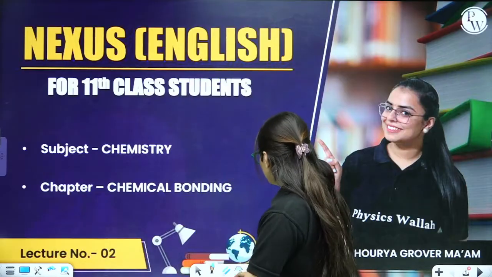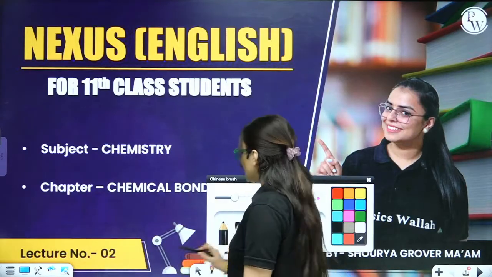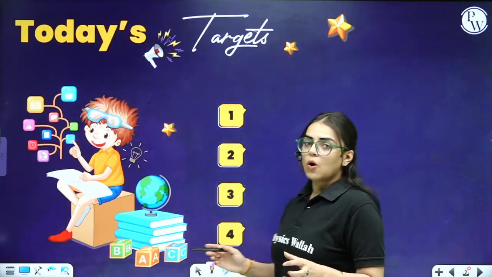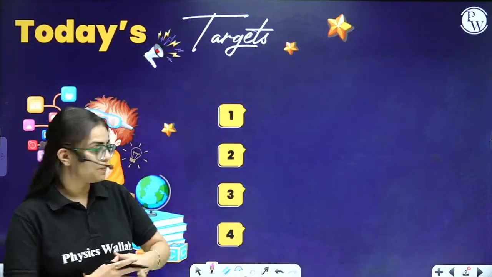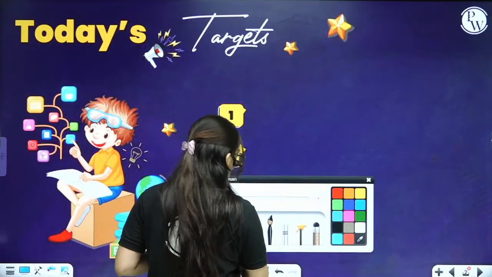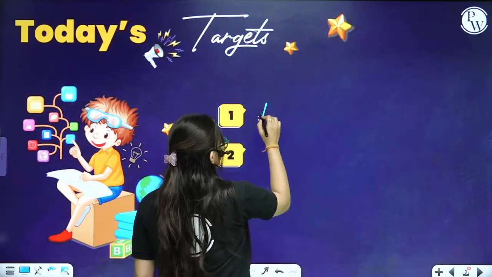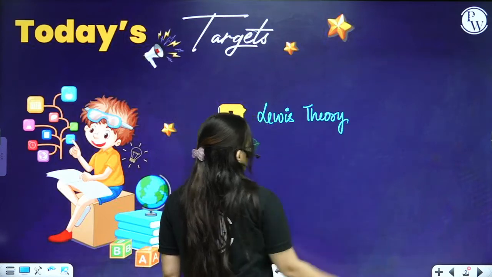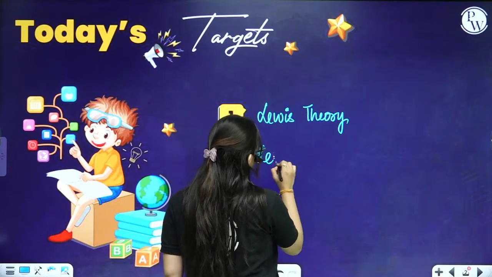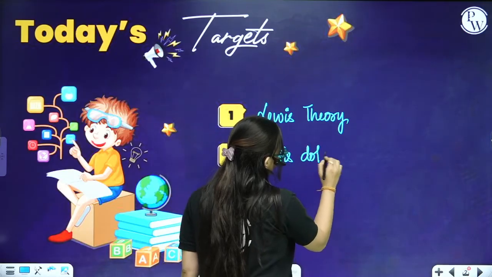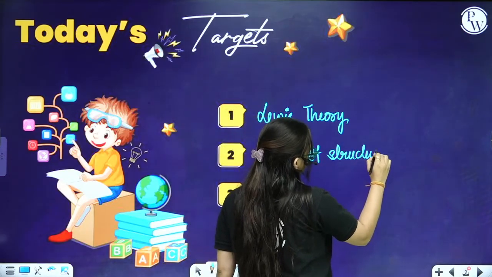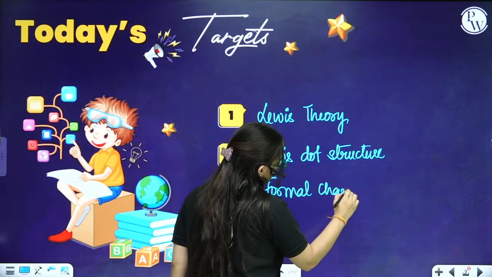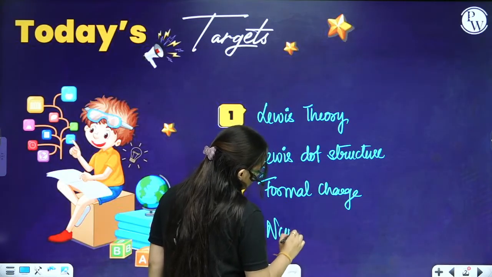So students, as I've already told you, this is going to be our lecture number 2 for today's class. So what are the topics, or what is today's target that we have to complete? The very first thing is, initially we will be understanding about Lewis theory, or Lewis dot theory you can say. Then we will be understanding about Lewis dot structure. Further, students, we shall be understanding about the formal charge,